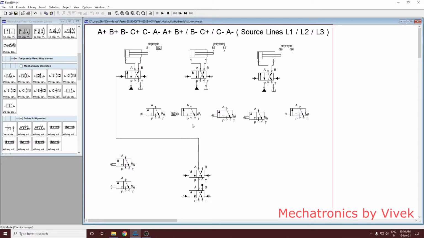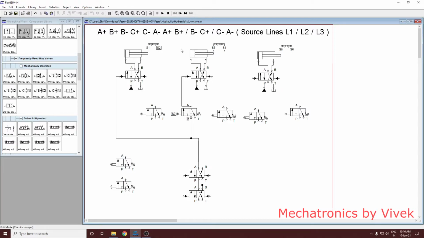So this is S2, and this will give you B plus, right? And where do you get the power for this? Again from the same source line, because as we know, A plus and B plus will get the power from this first source line. Okay, so A plus and B plus is done now. Next is B minus C plus, but after this there is break of sequence.